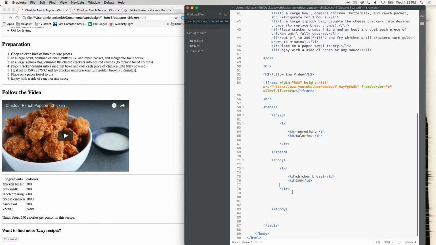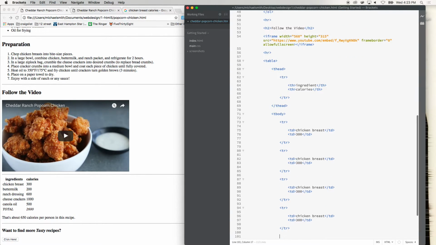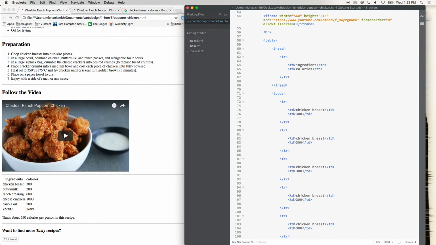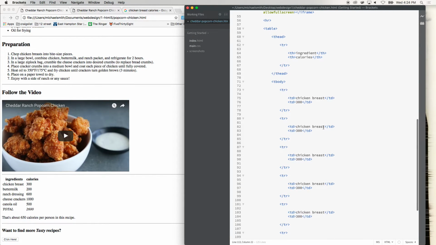Now, instead of typing all that out and watching me type all that, and I'm an okay typist, but I'm not that fast, I'm just going to copy and paste this a few times in the body. Paste, paste. That's 3, 4, 5. I think 6 is about right. So we have chicken breast, buttermilk, ranch dressing,